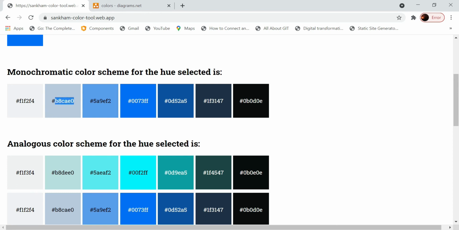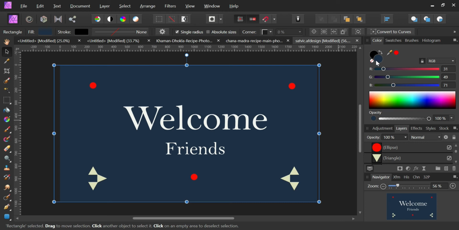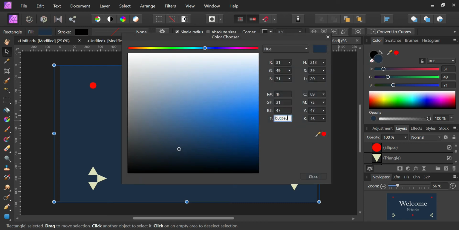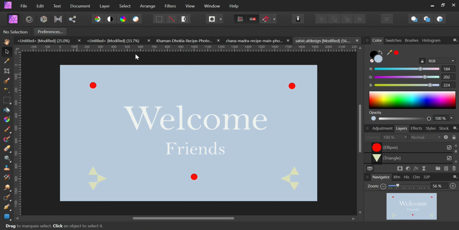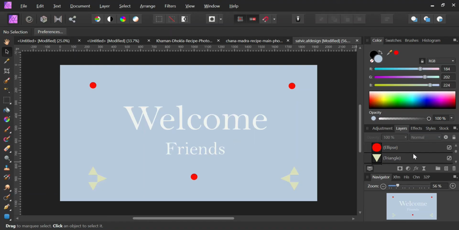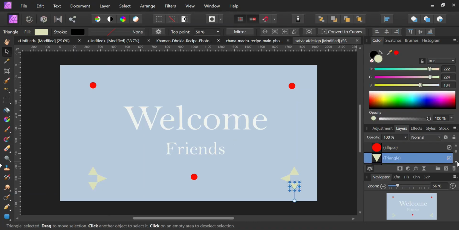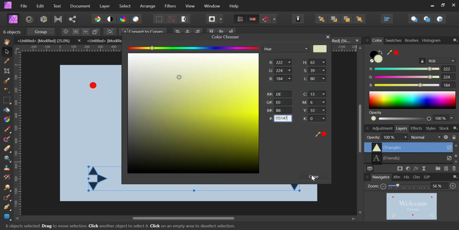So this is the content block. You obviously want to go for a lighter shade, right? So I will select the lighter shade of it. It has become too light, right? The background has become too light. So now I need to contrast it with the darker shades. So how will I do that? I am in the monochromatic scheme right now, so I'll choose the darker shade of this one, and I'll choose the triangles here, and I will change this.